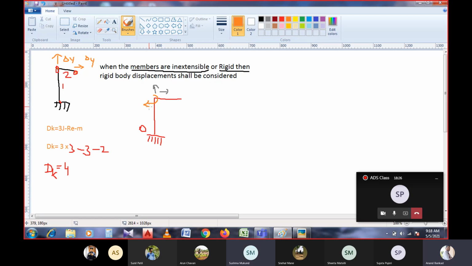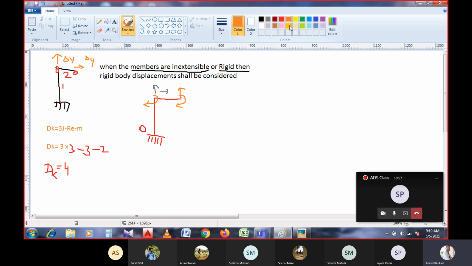Since a moment is allowed here, and at the same time one more moment is allowed here, right? So moments are allowed in this case. And at the same time, if you consider the axial force for this member, that will be n sigma y. And here, if you consider the axial deformation for this member, that will be delta x, right? So here delta y will be there, right? Delta y will be considered.